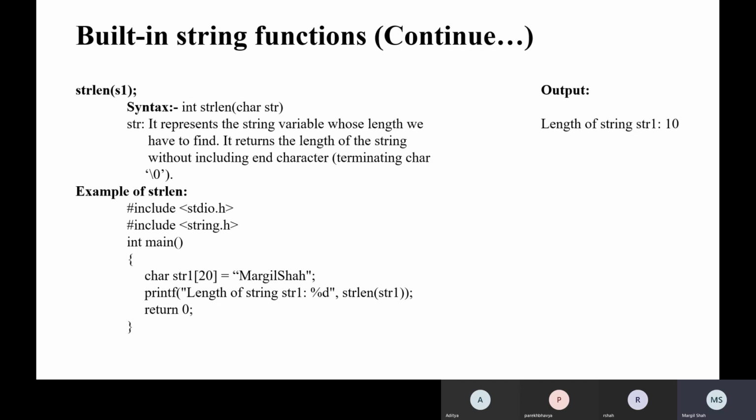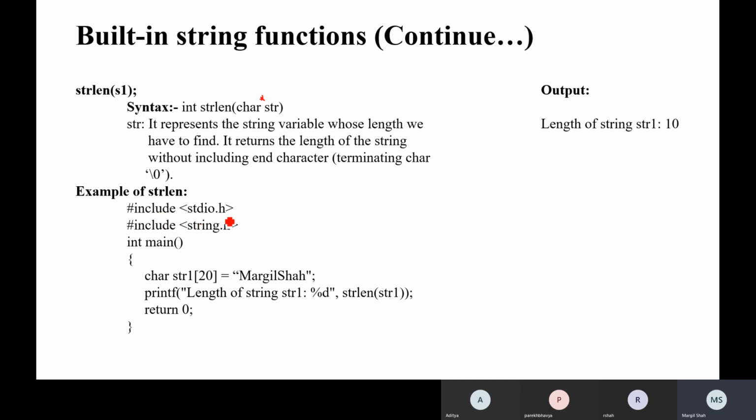Another one is strlen, for length. It returns an integer and represents the string variable whose length we have to find. It returns the length of the string without including the terminating character \0.